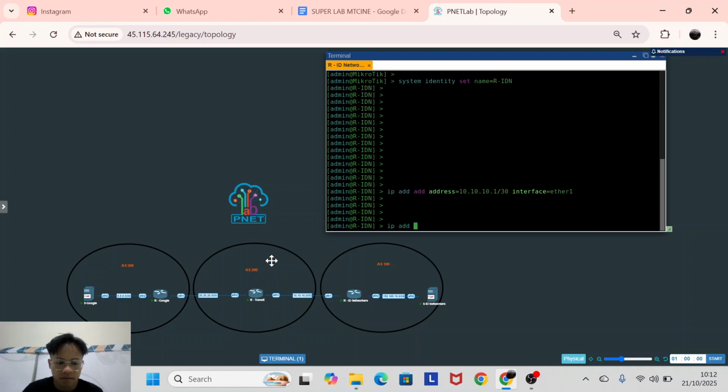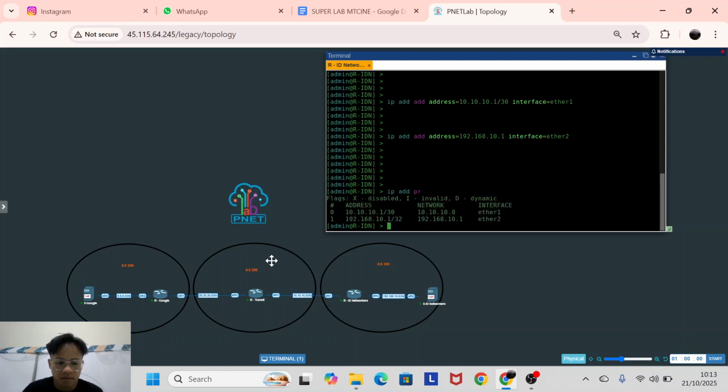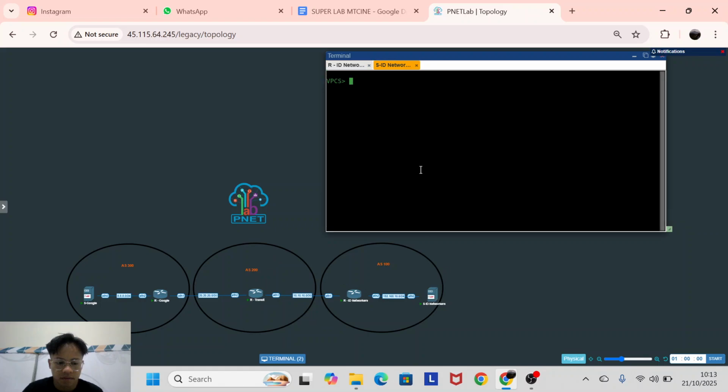I will give one for our local, 192.168.10.1, interface ether2. I think it's enough. Let me print, there is the address list, and look from the server.